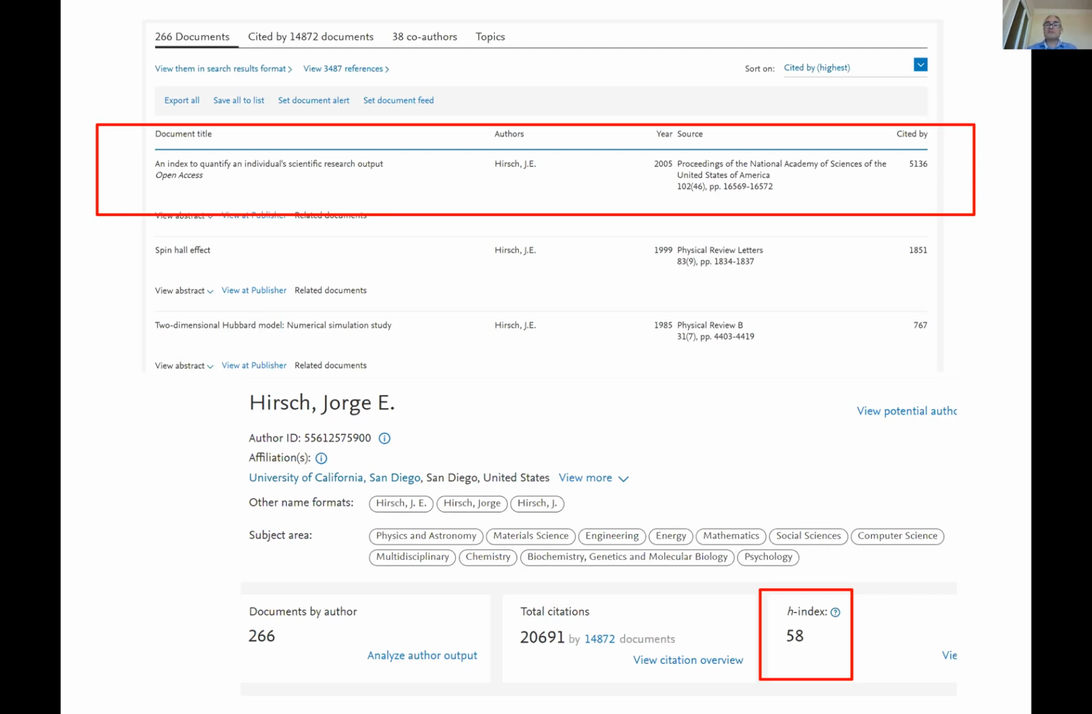Jorge Hirsch himself, a physicist, and here you can see his profile on Scopus. His Hirsch Index is 58. So it means that he published 58 articles, each of which is cited at least 58 times in Scopus. In the same way, we can calculate Hirsch Index based on the Google Scholar platform, Web of Science platform, and other